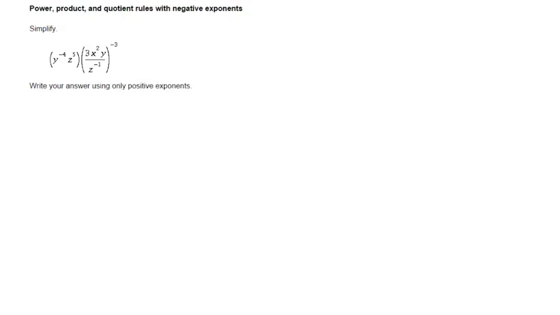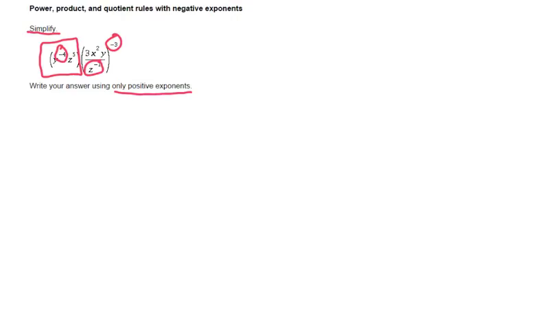This problem asks us to simplify this expression using only positive exponents. Now, there's several negative exponents. There's a negative exponent here, there's one here, there's one here. So we have a little bit of work to do in order to do this. The first thing I'm going to do is simplify this first one,